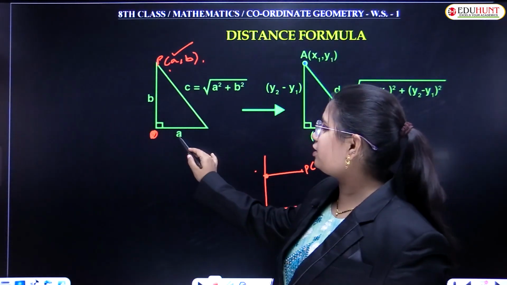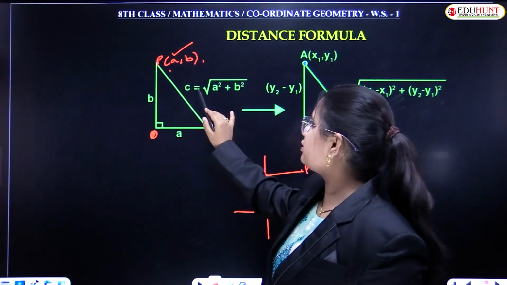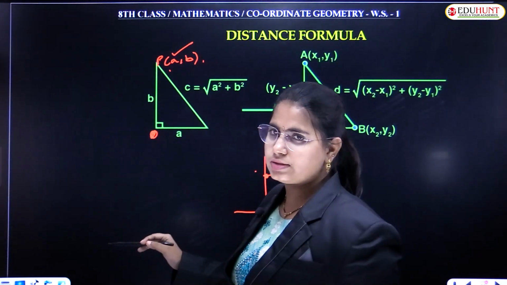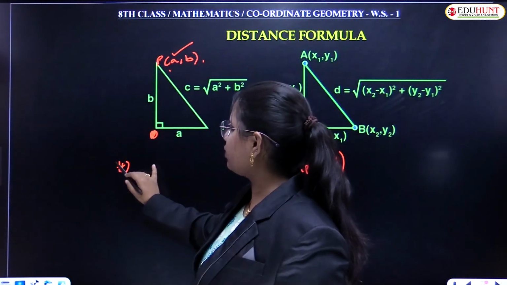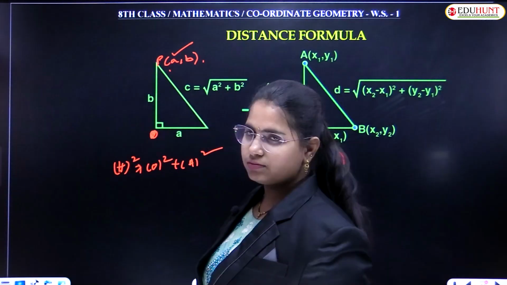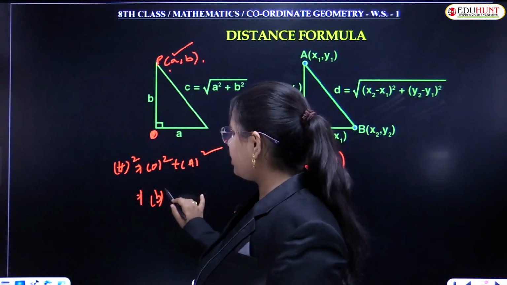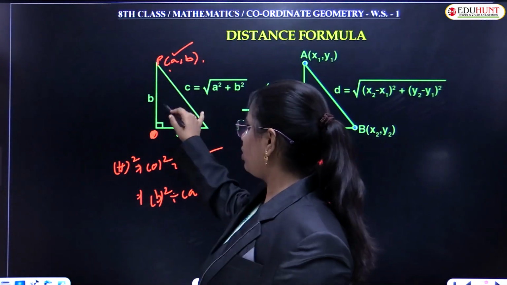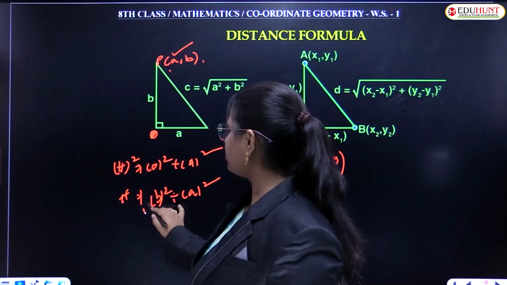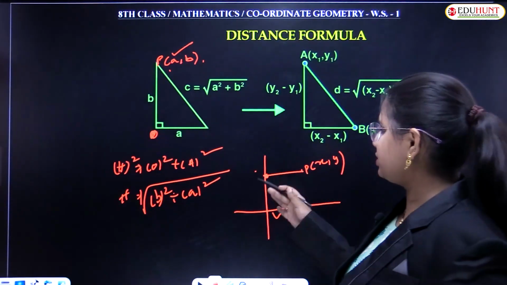So this is A and this is B. And you need to find the distance of AB from the point P. How will you find out? By Pythagoras theorem. So hypotenuse square is equal to opposite square plus adjacent square. Correct? So what is opposite square? B square. And this is A square. Opposite square plus adjacent square. Here I need to find the longest side which is the hypotenuse. So taking the root to that side, it will become under root a square plus b square.